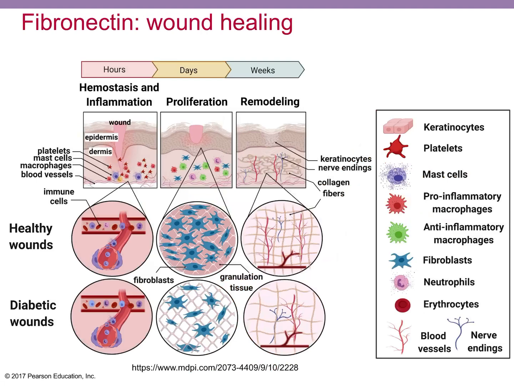So this is just a really busy picture, I know, but I just want to point out that healthy wounds and diabetic wounds heal differently. And fibronectin, which is actually not on this picture, but it doesn't matter, I just wanted to show you that there's a difference in healing. Fibronectin is one of these proteins involved in the healing pathway in creating the connective tissue scaffolding. And when it's glycosylated, it's compromised. It doesn't work as well. And so it's going to slow down and compromise wound healing, which is why diabetics have issues with healing wounds.